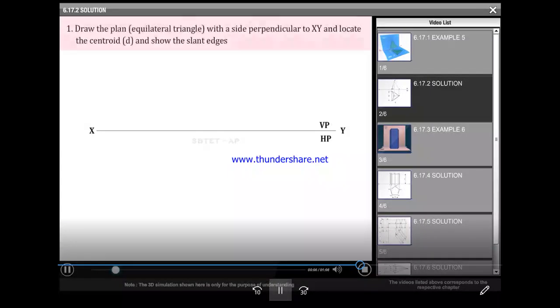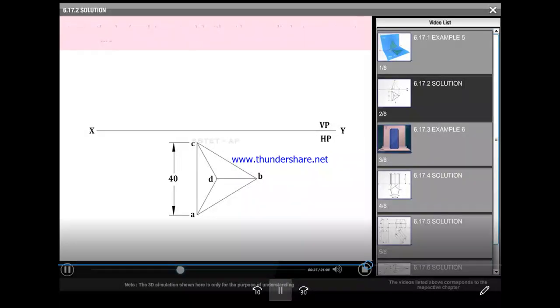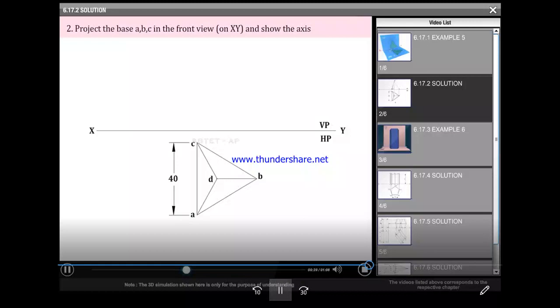Draw the plan, which is an equilateral triangle with a side perpendicular to XY, and locate the centroid D and show the slant edges. Project the base ABC in the front view on XY and show the axis.